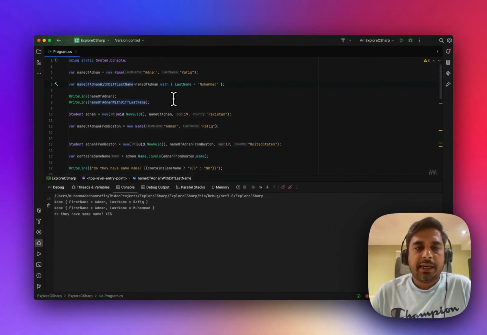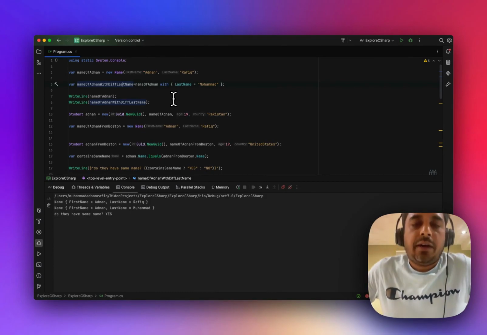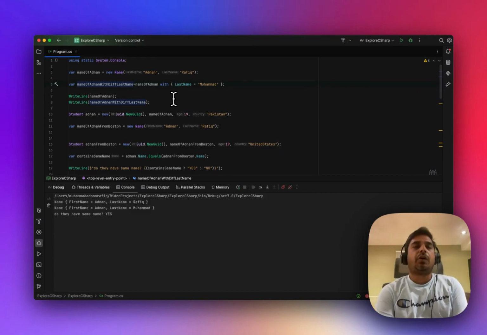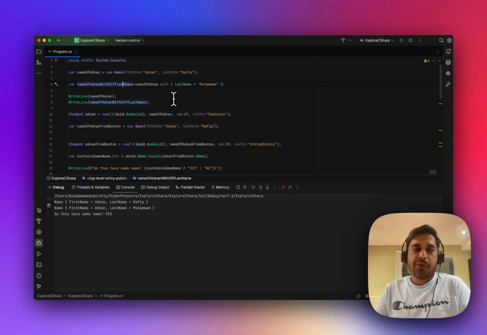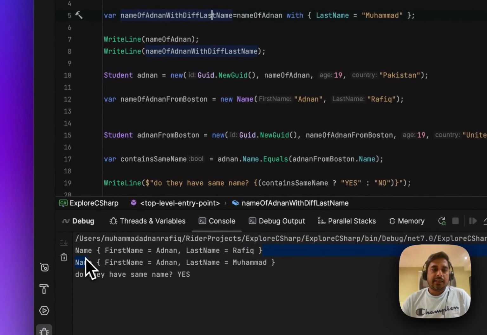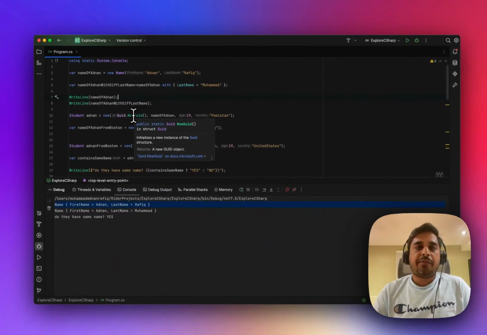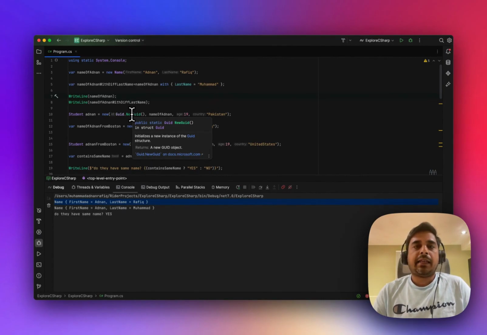out of the box, and this is done with the code generated by the compiler for you, which is a really nice feature. If you are dealing with some objects where you want to mutate it, but you want to only change certain properties but not all of the properties, like we are doing here. And if you notice here, the first object, the name of Adnan, last name of Adnan, is not changed at all, meaning it is totally